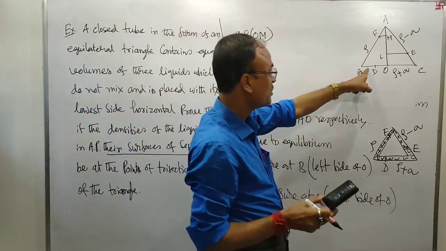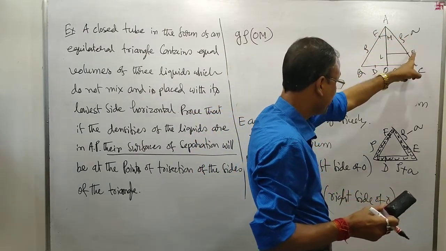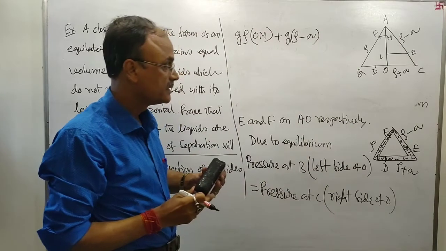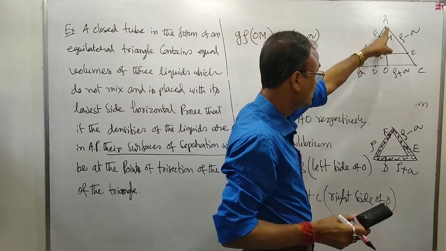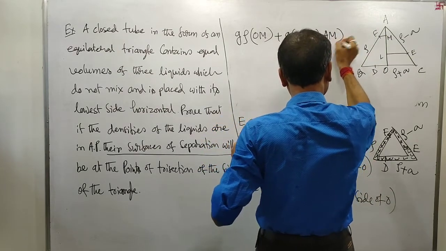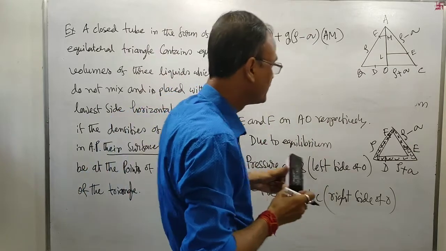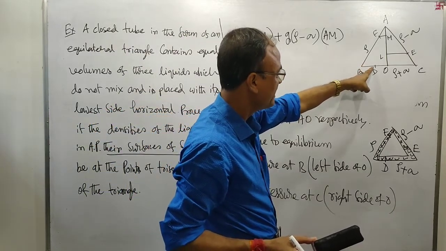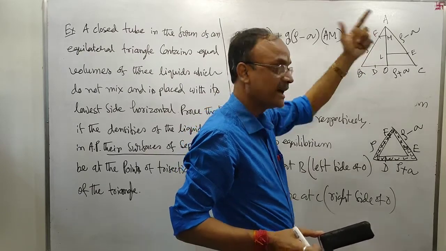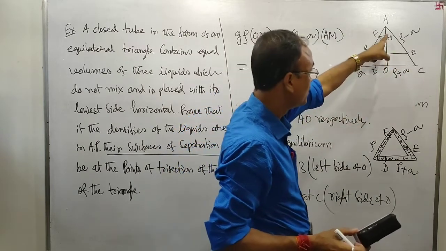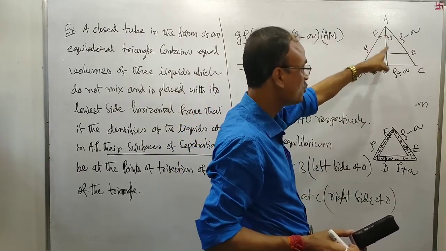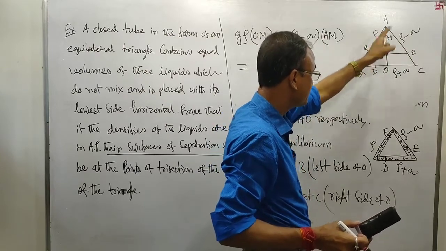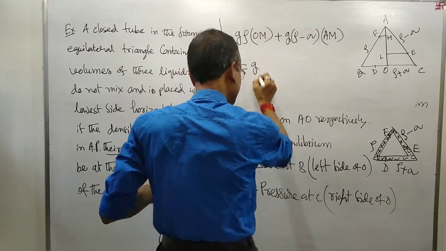On the left side, OM. Also, FAE is occupied by the liquid of density rho minus sigma, so plus g times rho minus sigma times AM. The left hand side is finished. Let me repeat: rho g times OM, the perpendicular distance OM, plus g times rho minus sigma times this distance AM. This is equal to